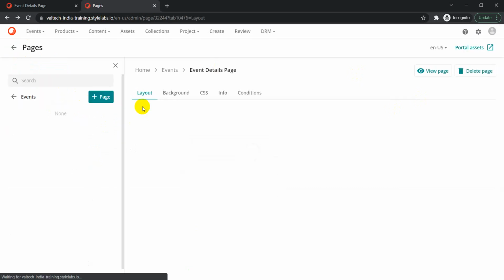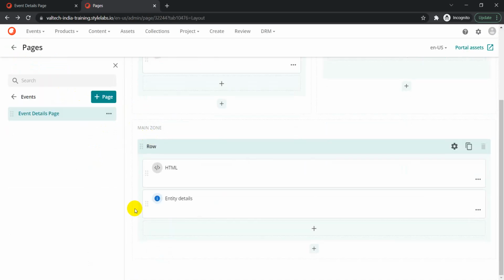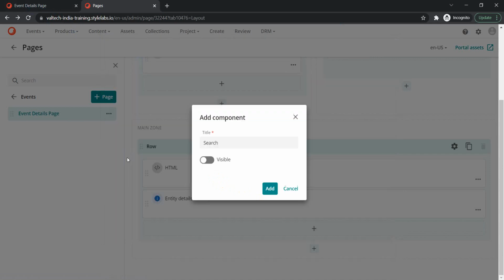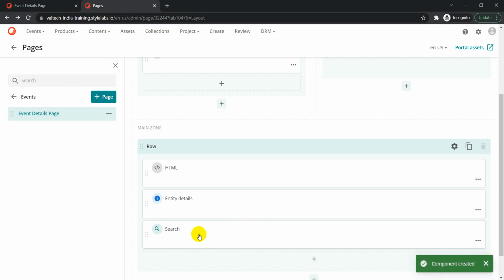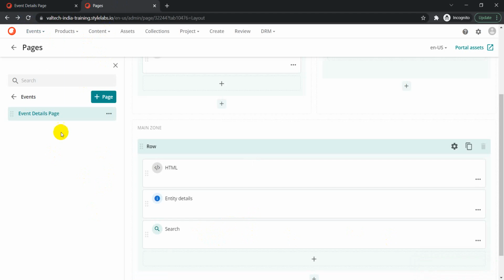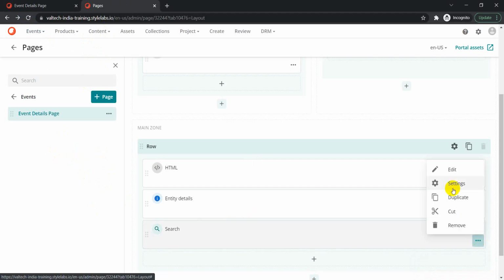Another important component which I want to show here, let me click on add, because that's what I just observed on the products page also. If I search for the search component, and we have the search, just enable this one. So far we have added this one, but as I mentioned, we should not see anything in here. The reason for that is, if I go back to my search component,